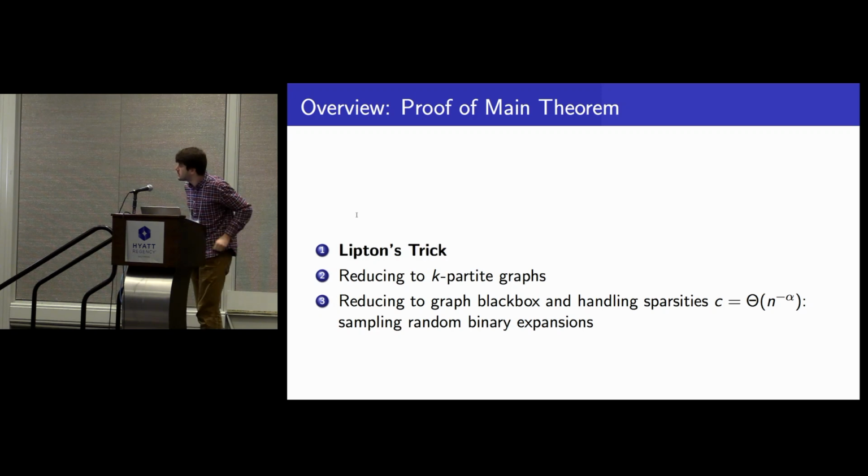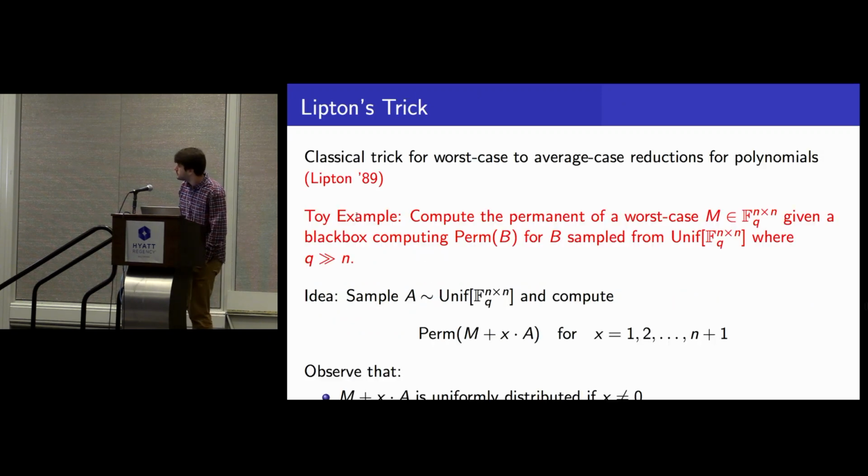So the proof is based on this trick by Lipton. It's a classical trick for proving worst case to average case reductions for computing polynomials. And so I'll show you how it works with a toy example. In order to compute the permanent, we want to reduce computing the permanent of a worst case matrix, M, over some finite field, to computing the permanent on several matrices that are distributed uniformly over matrices over this finite field. So the idea is to consider the permanent of M plus XA, where A is a uniformly sampled random